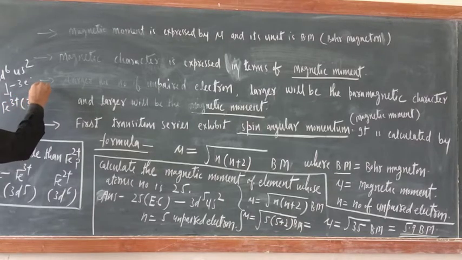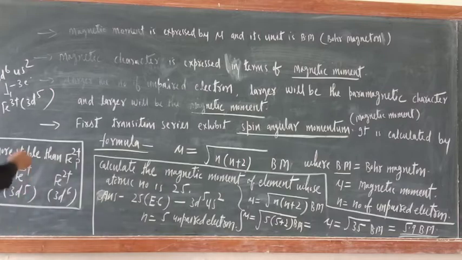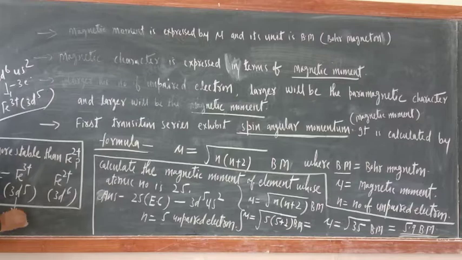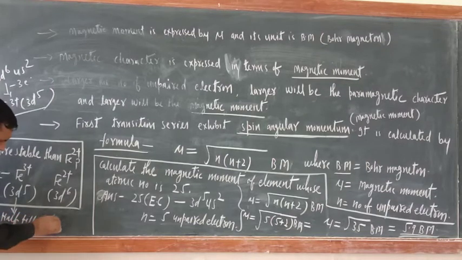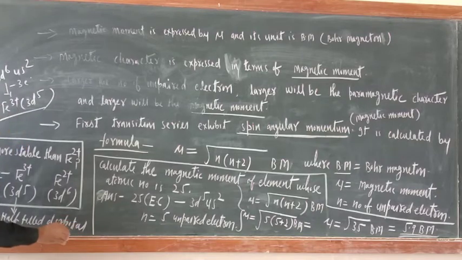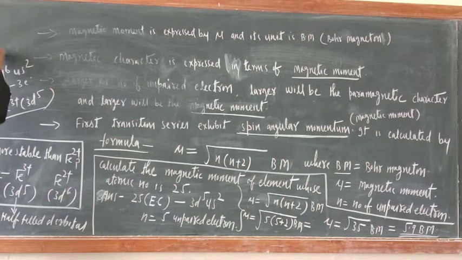So here we have 3d5. Now, is the d orbital half filled or not? Fe3+ is more stable because of the half filled d orbital. Now suppose you remove only 2 electrons, so for Fe2+ we have 3d6. Now d is beyond the half filled state, as 6 electrons are there. That is why it would be unstable.